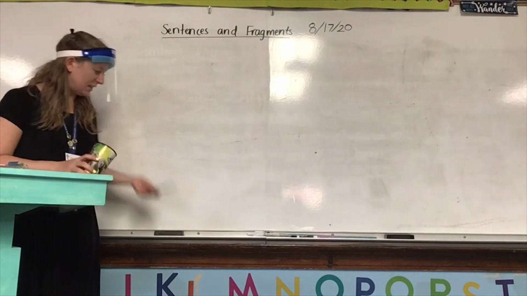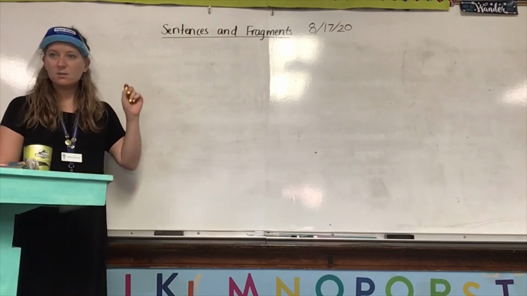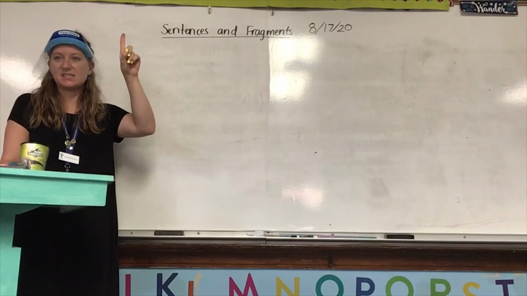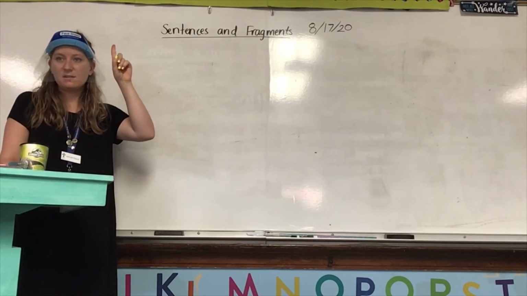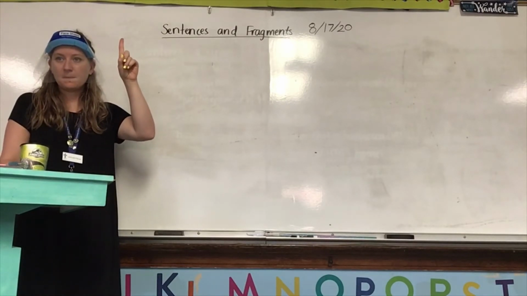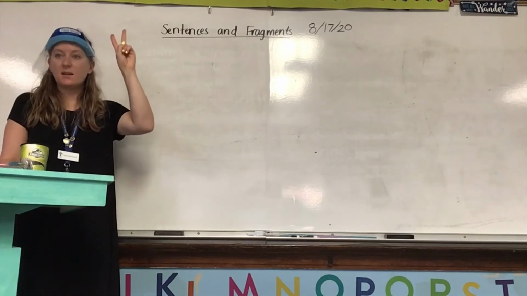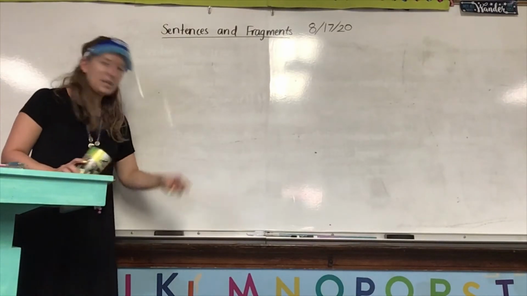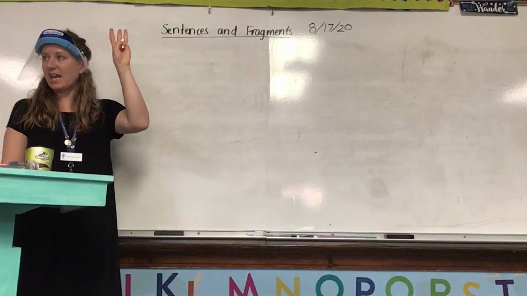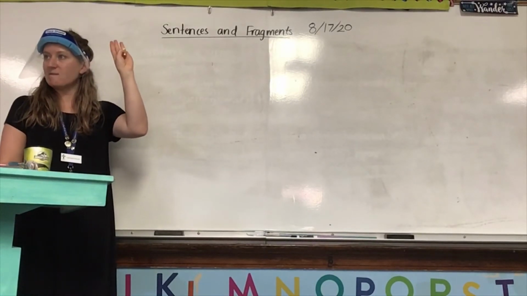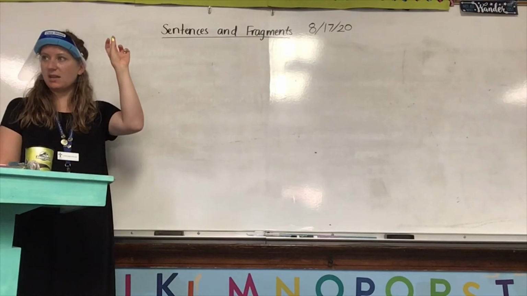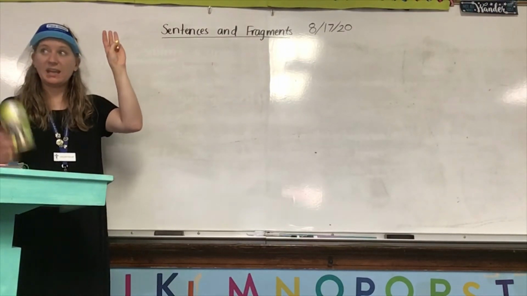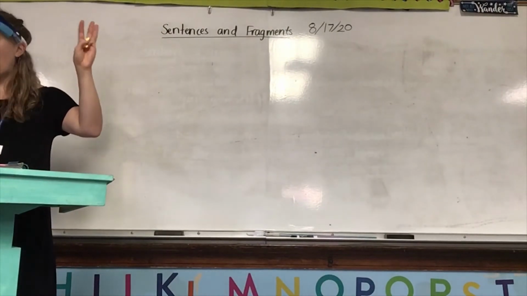What's one other thing? We have subject. We need 4 things. What's another thing all complete sentences need? A capital letter at the beginning. Very good. Ethan, what's another thing all sentences have to have? You can look at your notes. We have subject, and we have a capital letter at the beginning. End punctuation.